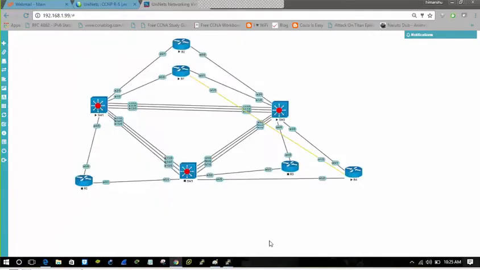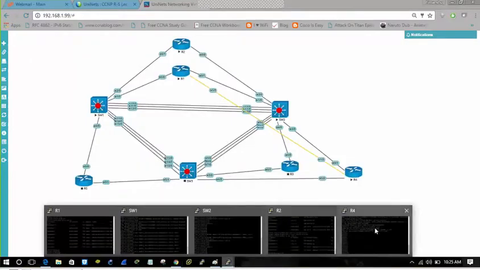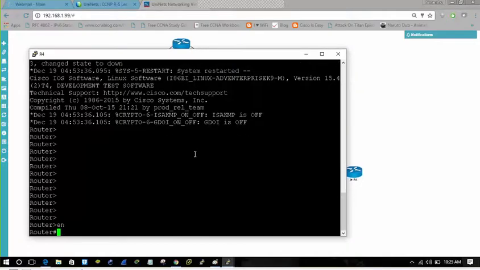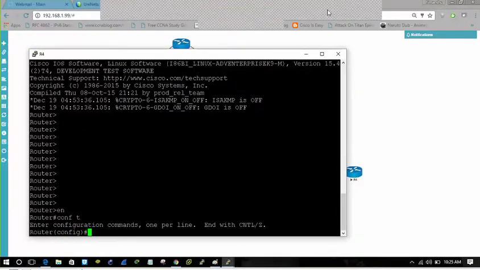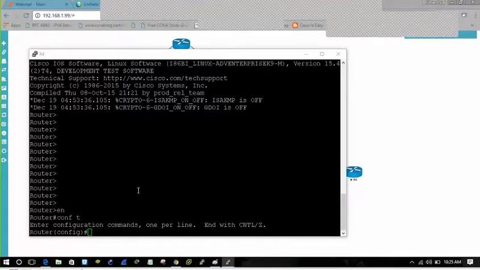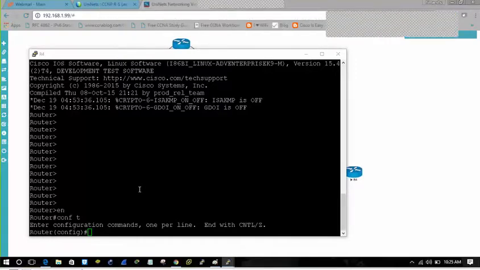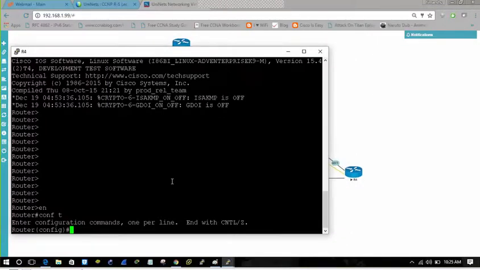Now let's move on to router 4. Enable, configure terminal. I think the screen is recording, right? Yeah. Interface Ethernet 0/1.